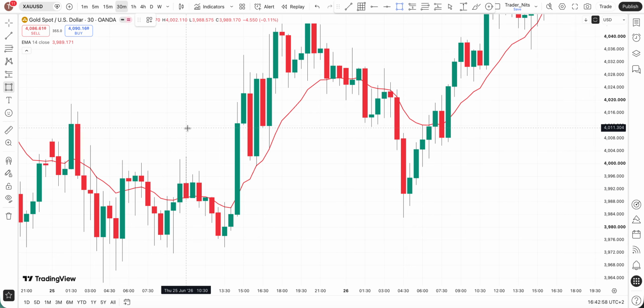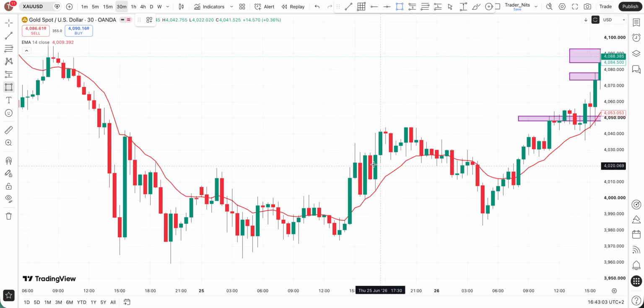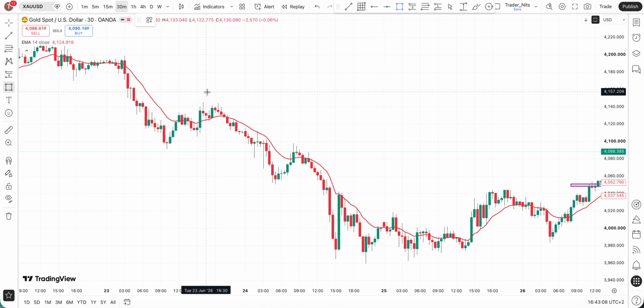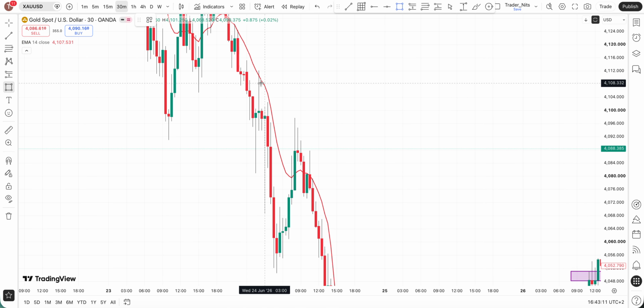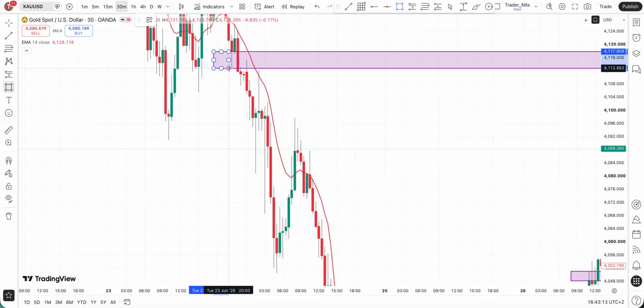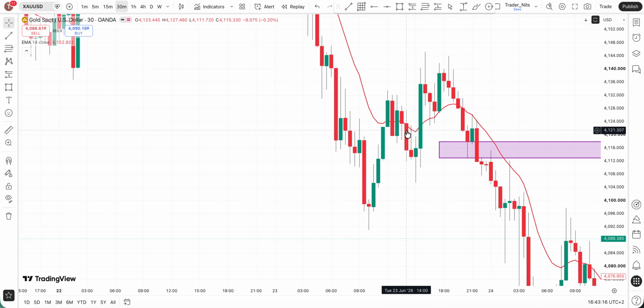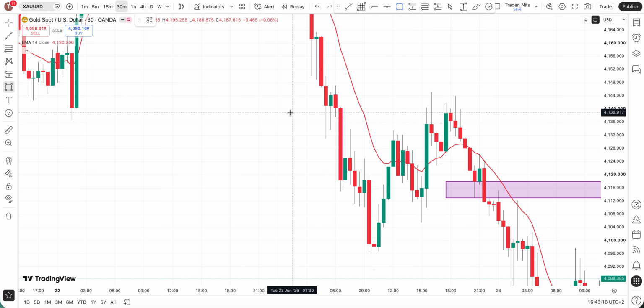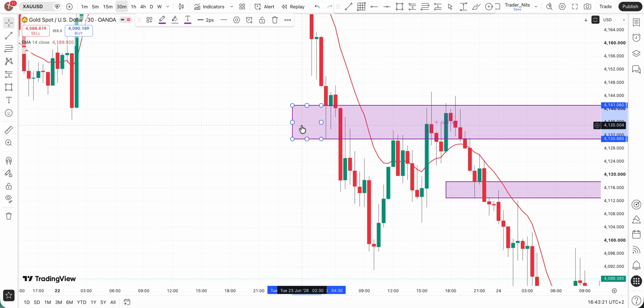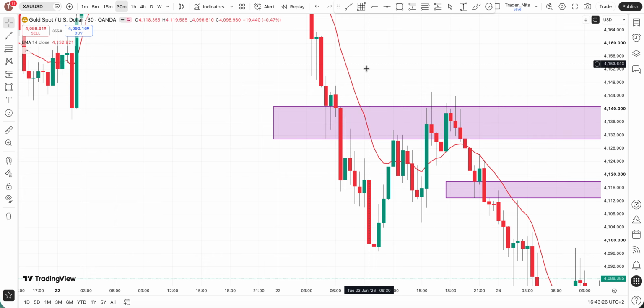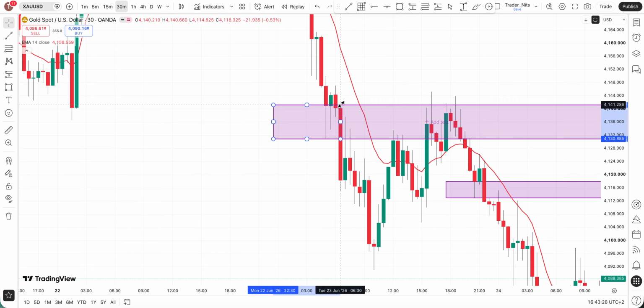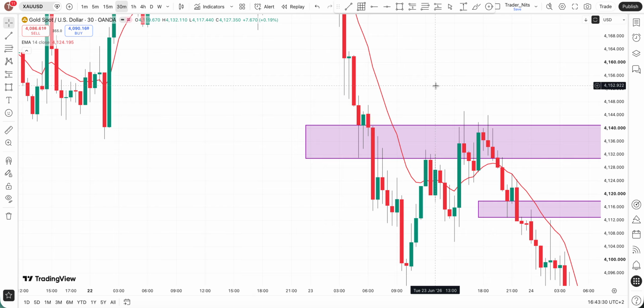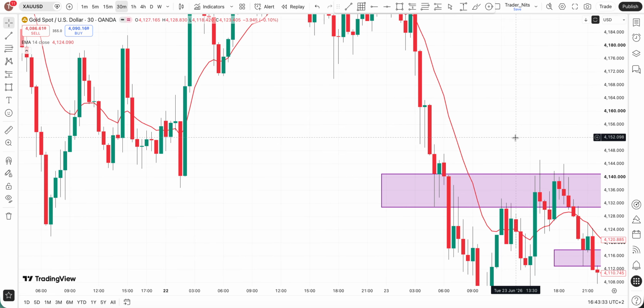If you guys want to test this, you can test it. You don't need to mark your support and resistance level in the middle of the consolidation. Just mark your levels from where the move has started. You guys can go on any time frame and mark these levels, and in the future you can see the price is reacting exactly from those levels, not a little bit further, just right in the center of these levels,